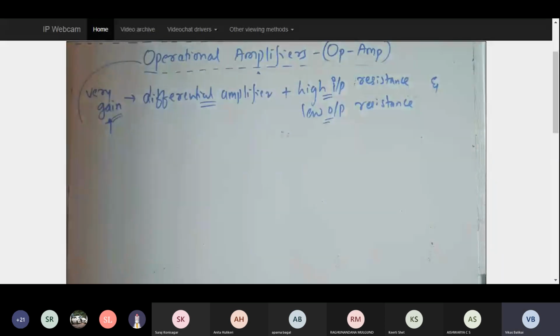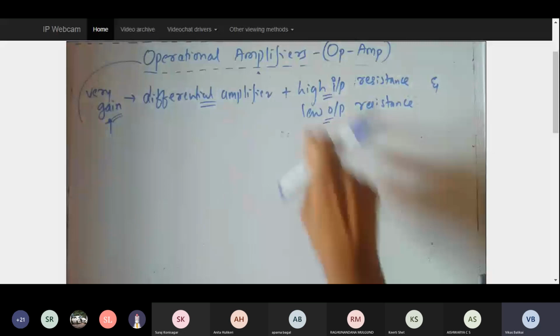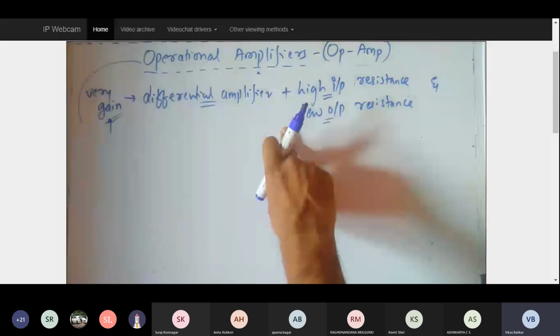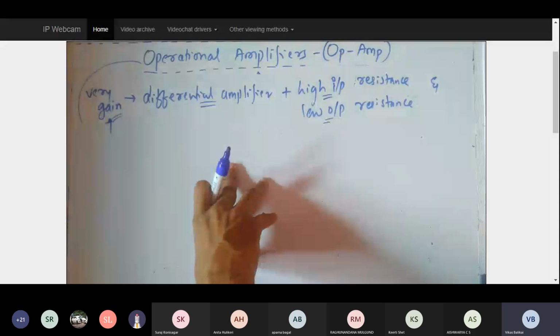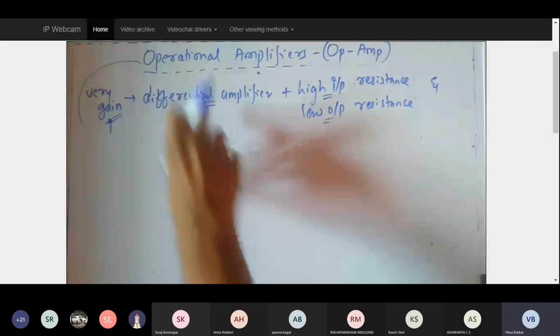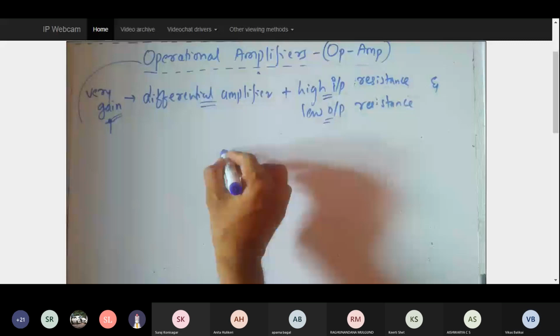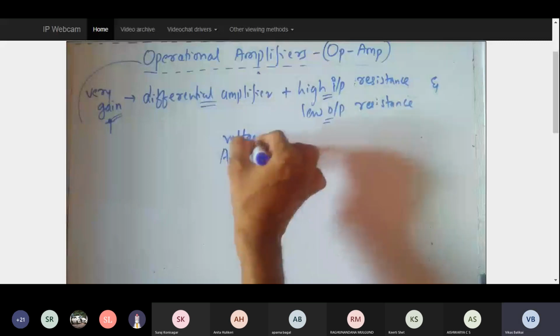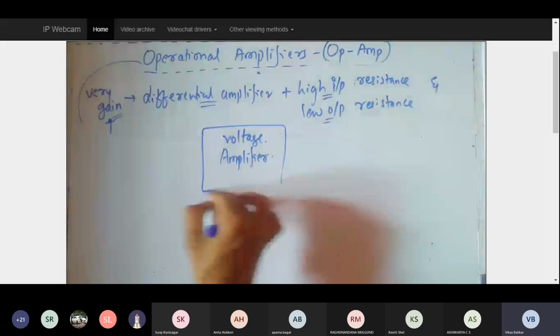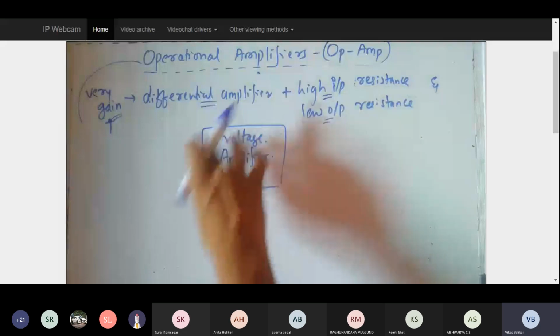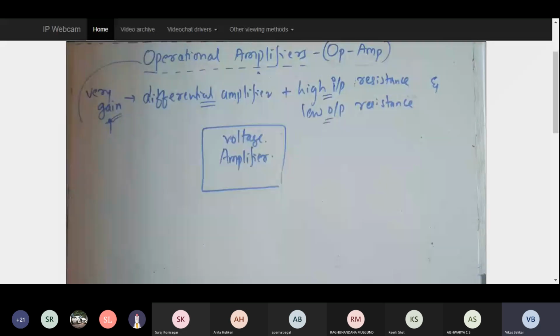I will try to give some small justification, but I will be giving the justification not with respect to the operational amplifier. I'll be giving that justification only with respect to a simple voltage amplifier. I've taken a voltage amplifier, and let us not consider what the internal structure is. Let us not worry about what is inside. I'll try to show you later what will be present inside the operational amplifier or any voltage amplifier, how the circuitry is made up.